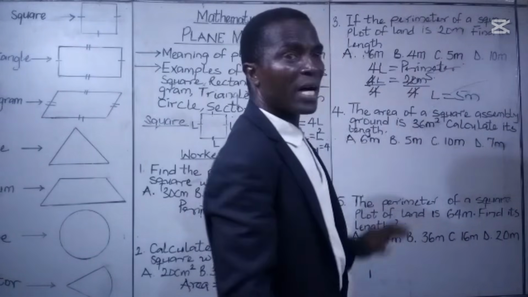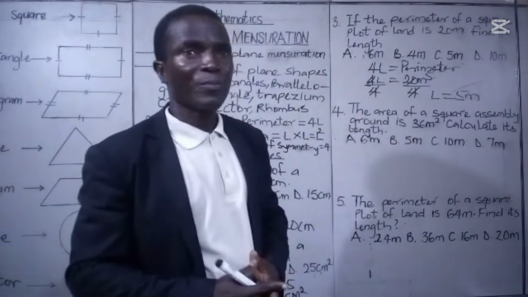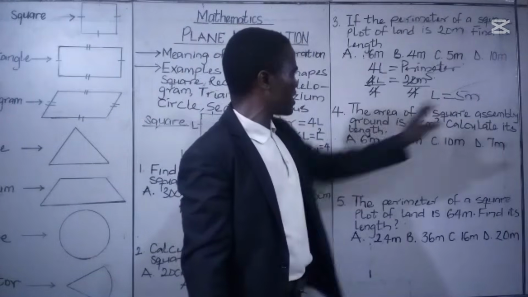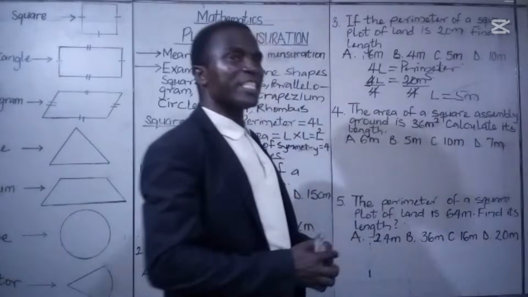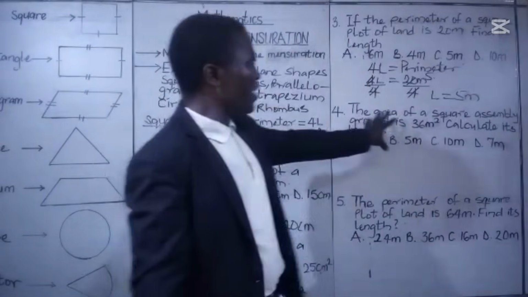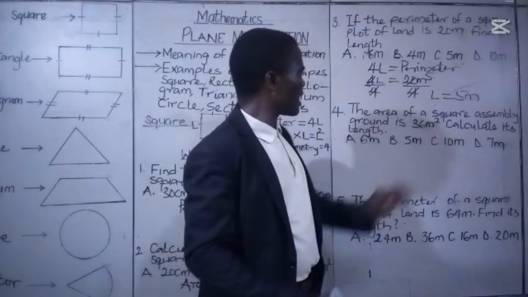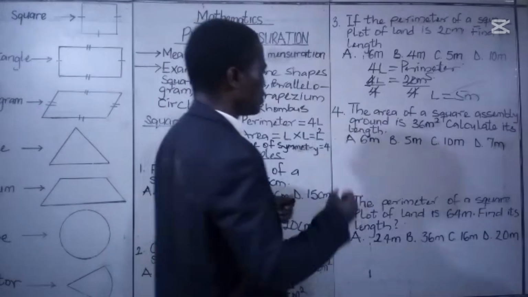Let's proceed to number 4. I believe number 3 is very clear to everybody. Now we proceed to number 4. The area of a square assembly ground is 36 meters square. Calculate its length. For us to solve this problem, we are going to say